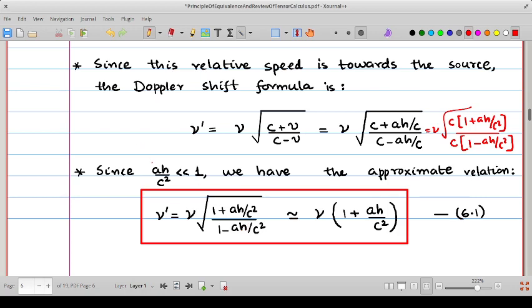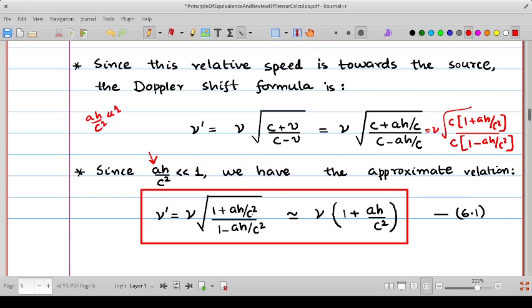And since we have assumed that a is very small and all the velocities involved are also very small compared to the speed of light, and we know that ah by c is the velocity acquired during this small time, ah by c is much smaller than c, or in other words, ah by c square is much smaller than 1,